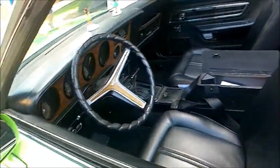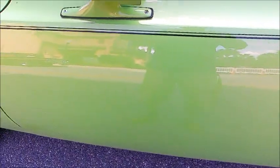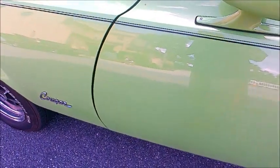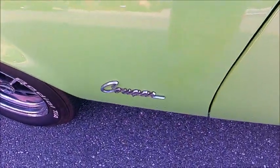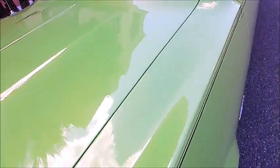Definitely very similar to the Mustang of the time, sharing much of the same in terms of doors and interior trim and so on. And of course the engines. Underneath the hood is a 351 Cleveland,